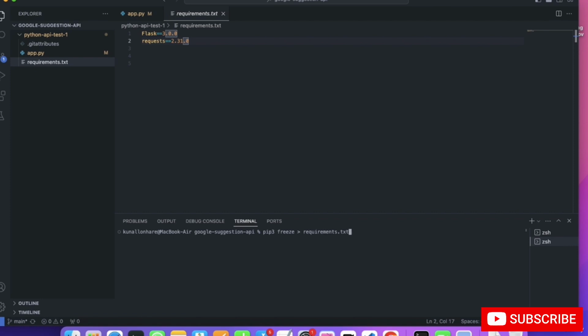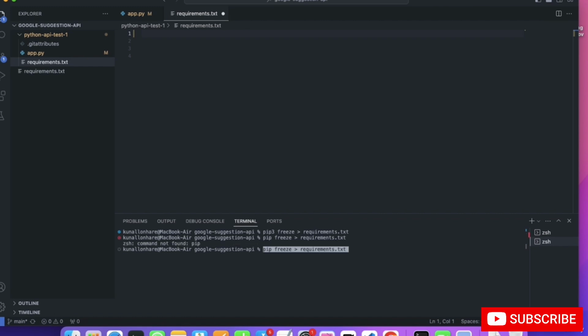Great, now just run it, and you will see a lot of requirements will be created here. Or you can just leave it if you want. Let me try it again.